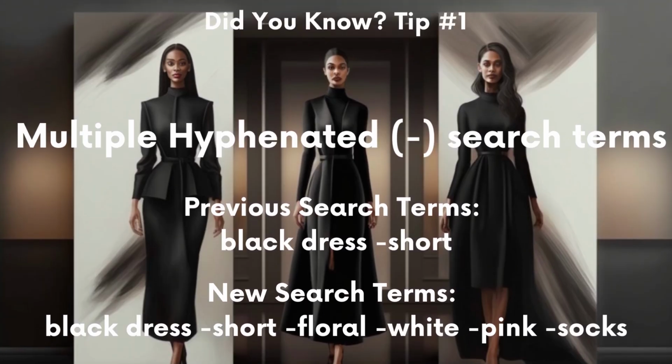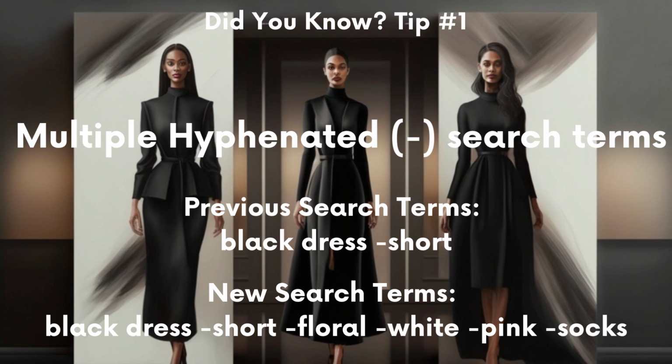However, you do need to be specific with your hyphenated and unhyphenated search terms to get the results you want. Using the previous example, if you just type black dress hyphen short, you may still get some unwanted results, such as a white dress with a black bow, a black dress with pink flowers, or a pair of black dress socks. In that case, you may need to be more specific and use other words and multiple hyphenated search terms,